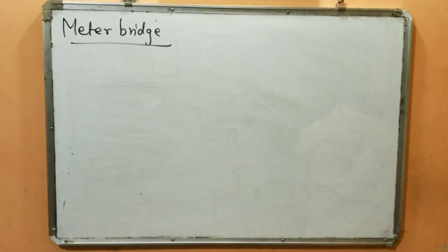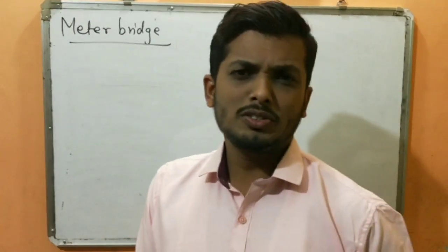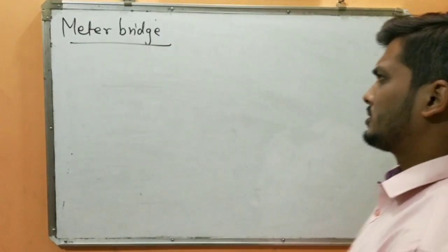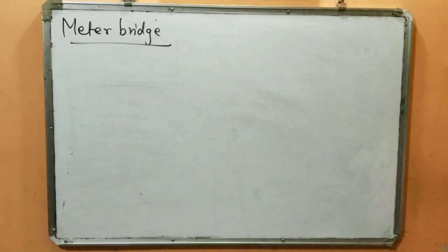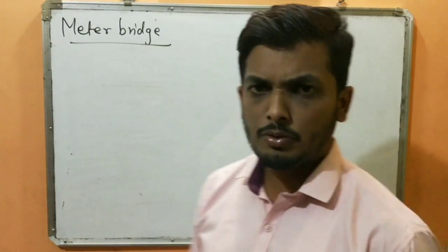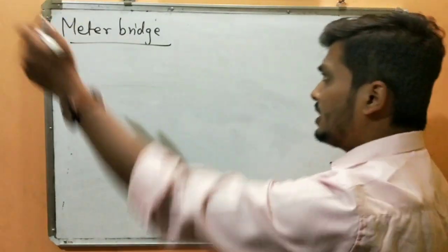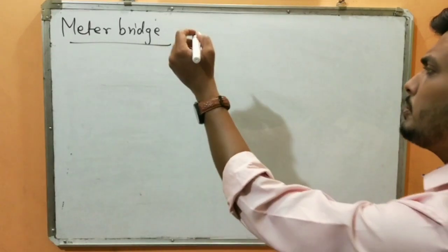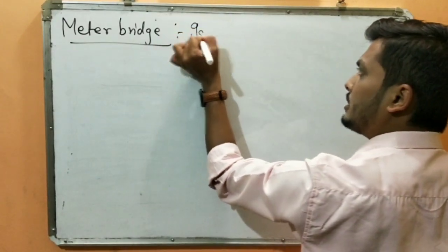Again, they may ask a question for 5 marks. Straight away they may ask for 5 marks. No chances of asking for 2 or 3 marks. Probably they may sometimes go for 1 mark, but most probably they may ask for 5 marks. Now meter bridge is a device